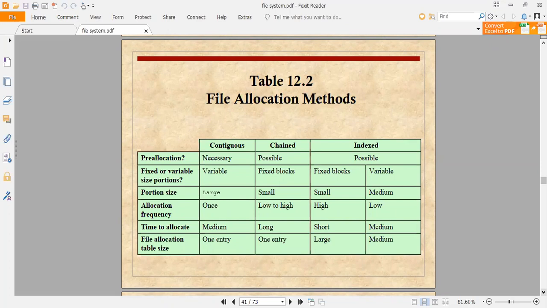Next, coming to the portion size, in contiguous we have a large portion size. In chain the portion sizes are quite small, and in index we follow only small or medium portion sizes; we don't go for the larger ones.